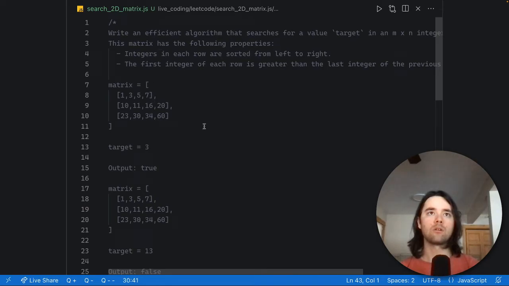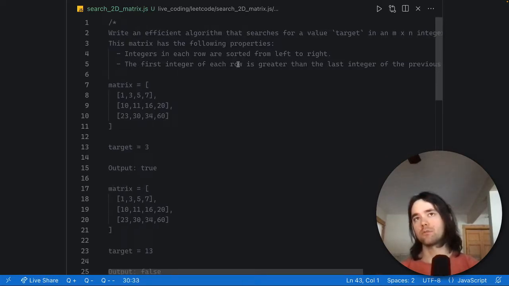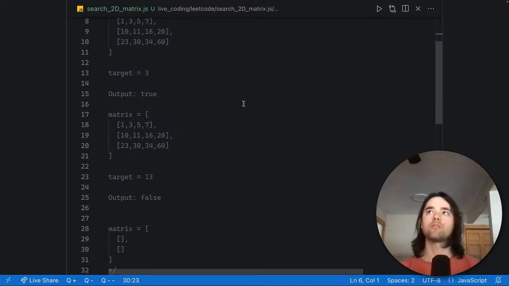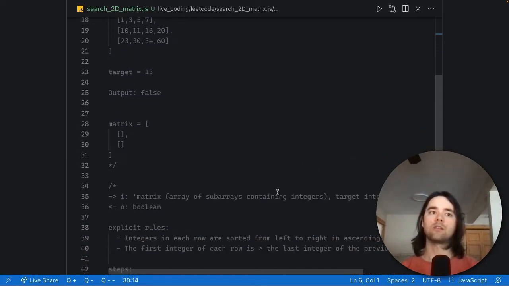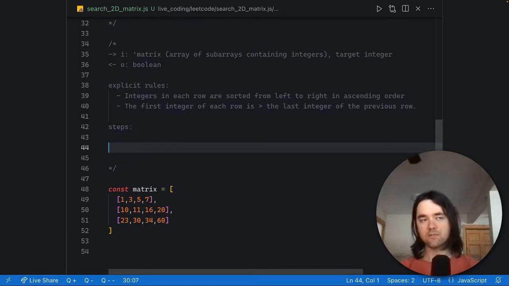So just going to return to the problem statement, make sure we didn't miss anything. Each row is sorted from left to right. The first integer of each row is greater than the last integer of the previous row. So this is really where we're getting a hint of how our algorithm should work. Yeah, okay, so we want the first and last of some row, right? And okay, so we need some values, right? So we want to essentially first guard for an empty